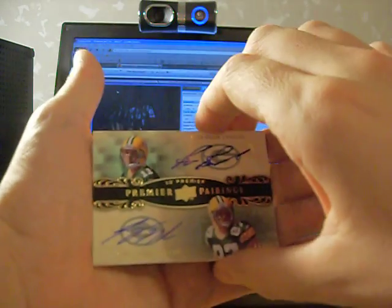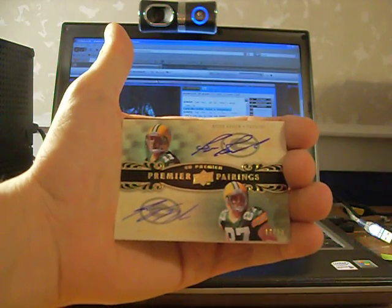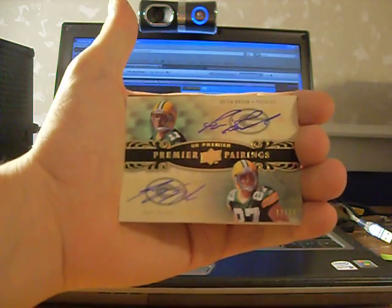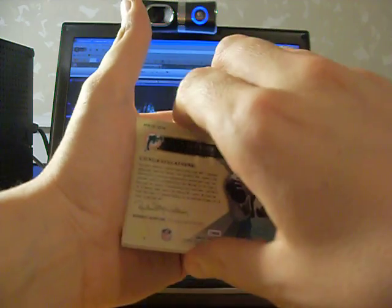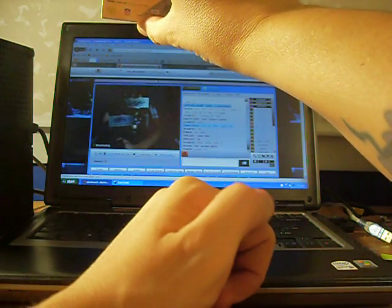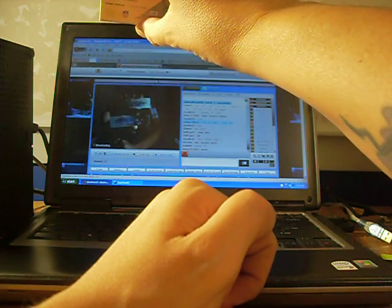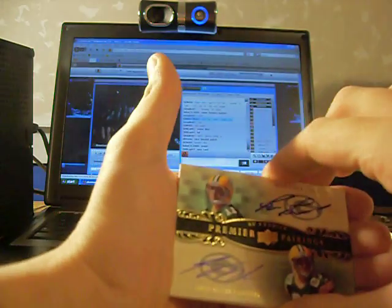We've got a dual autograph. Dual autograph for the Packers. It'll be a Jordy Nelson and Brian Brohm Premier Pairings, number 12 of 50. Pretty nice dual autograph for the Packers. Brian Brohm and Jordy Nelson. Pretty sick. On the next card,